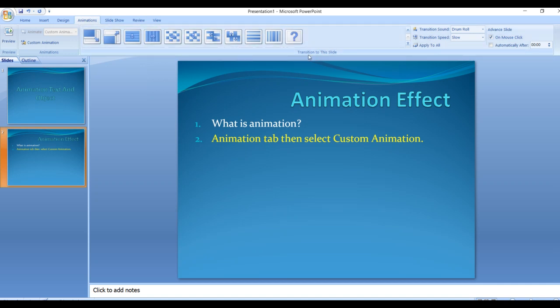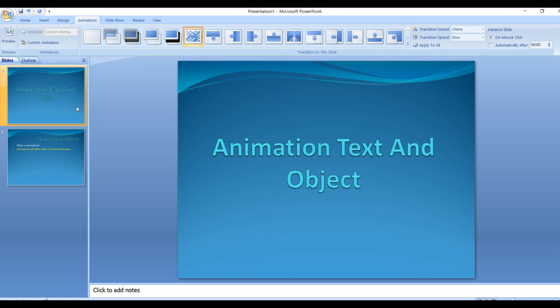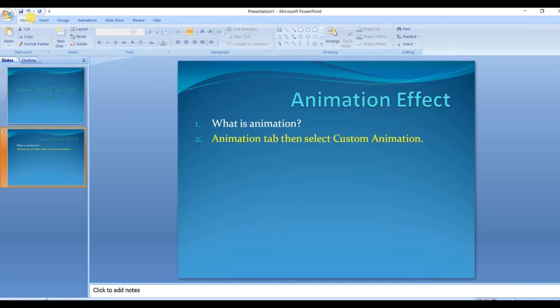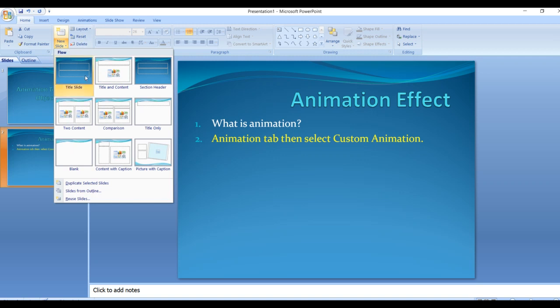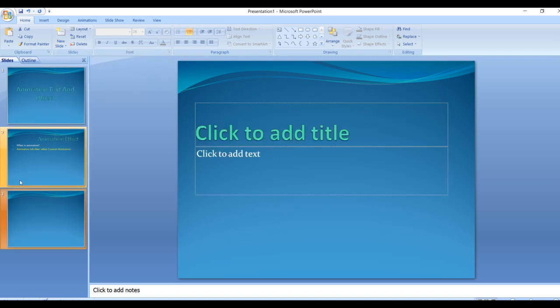Okay. Now let us move to the next one, inserting sound clips. Suppose I want to insert any kind of sound clip to my slide. First of all, let me insert a slide. Suppose I am inserting a title and text slide.